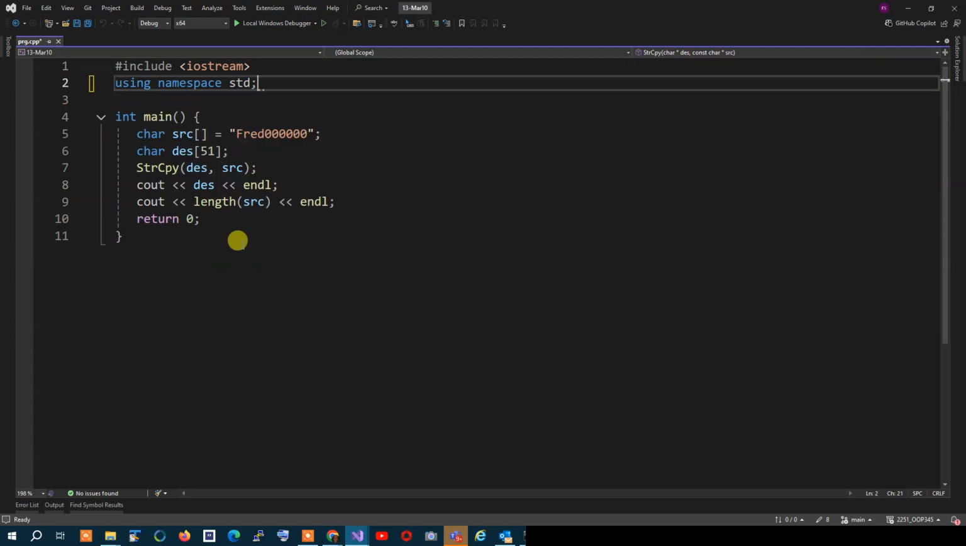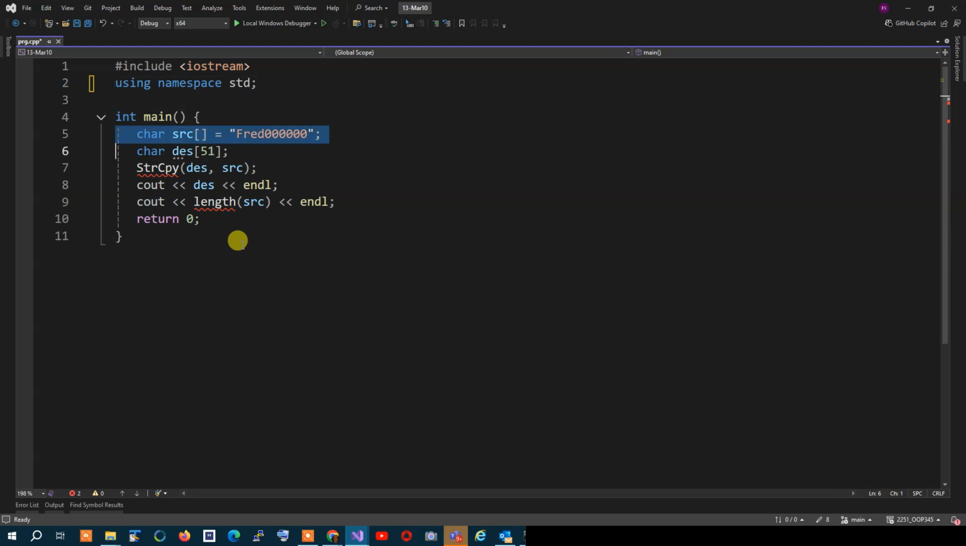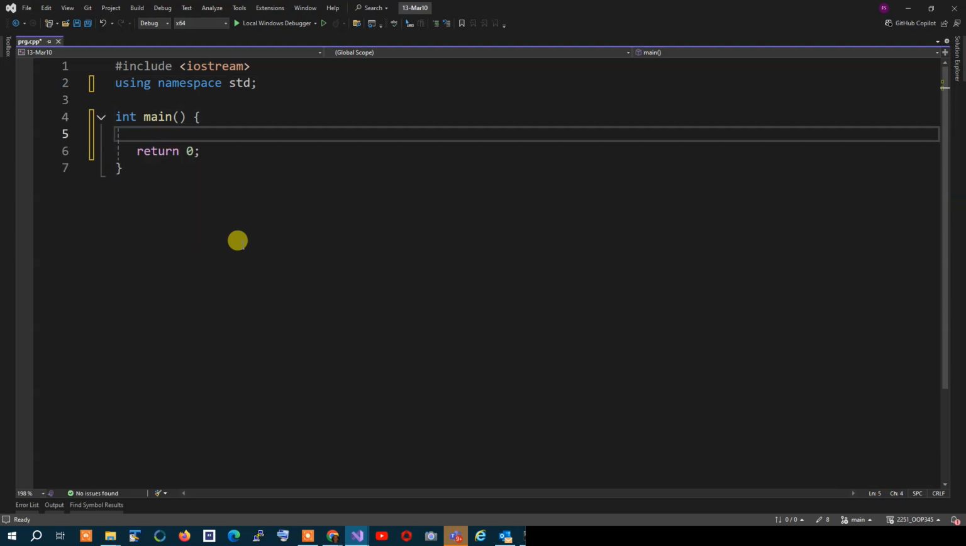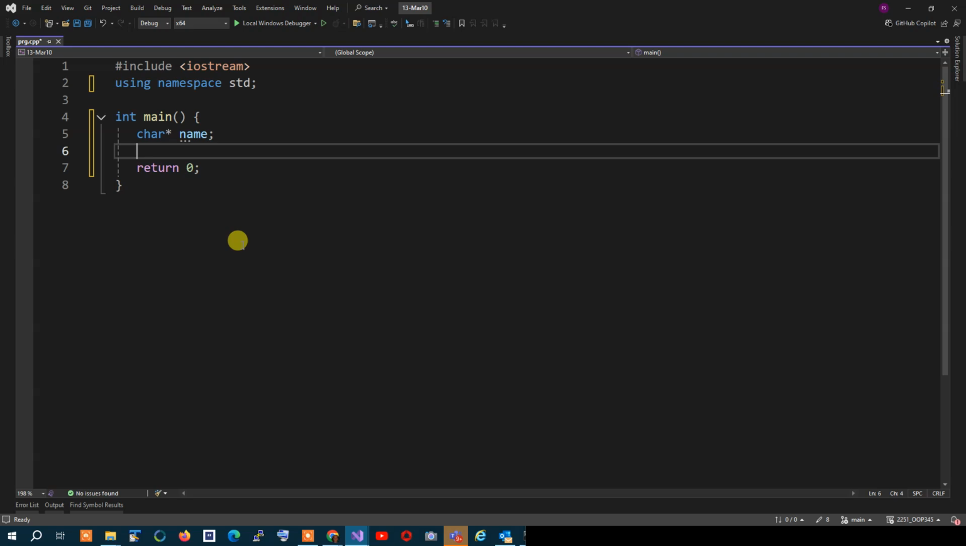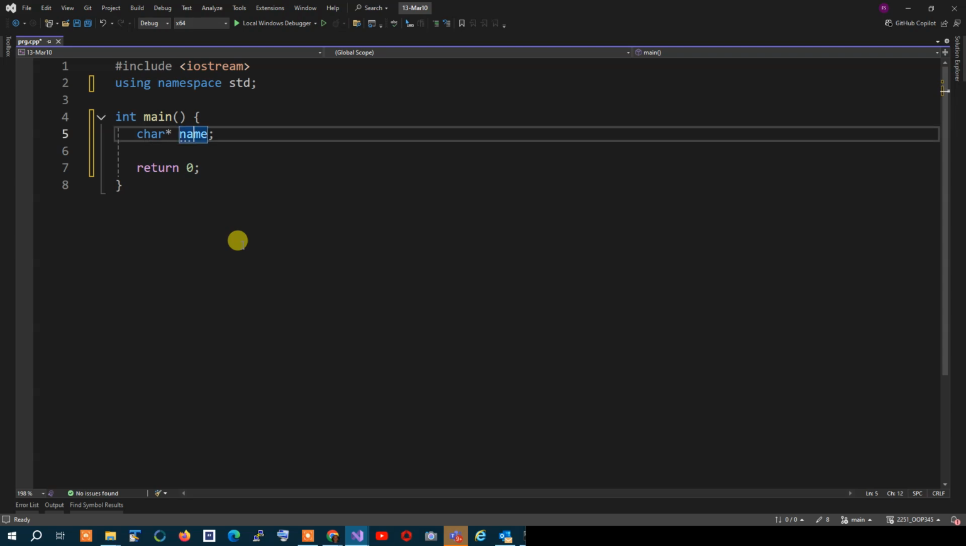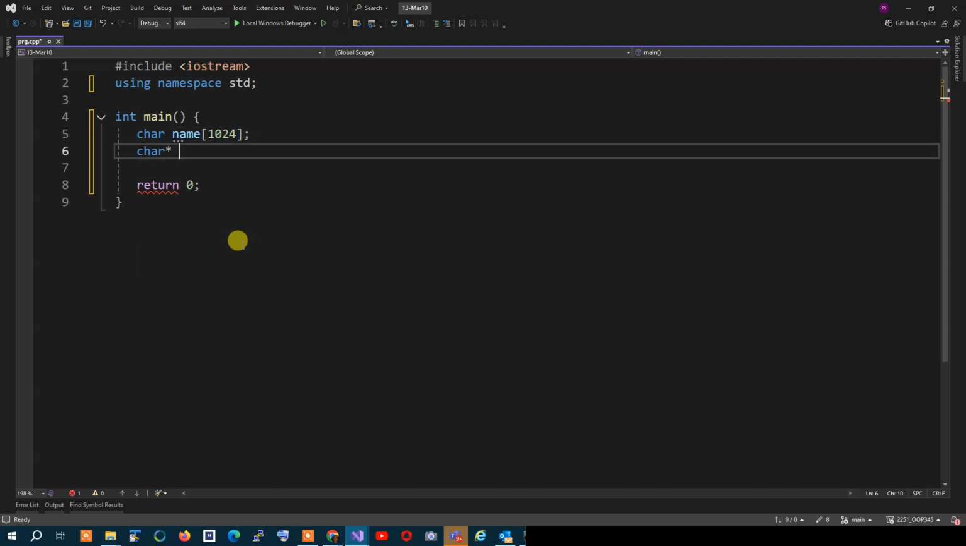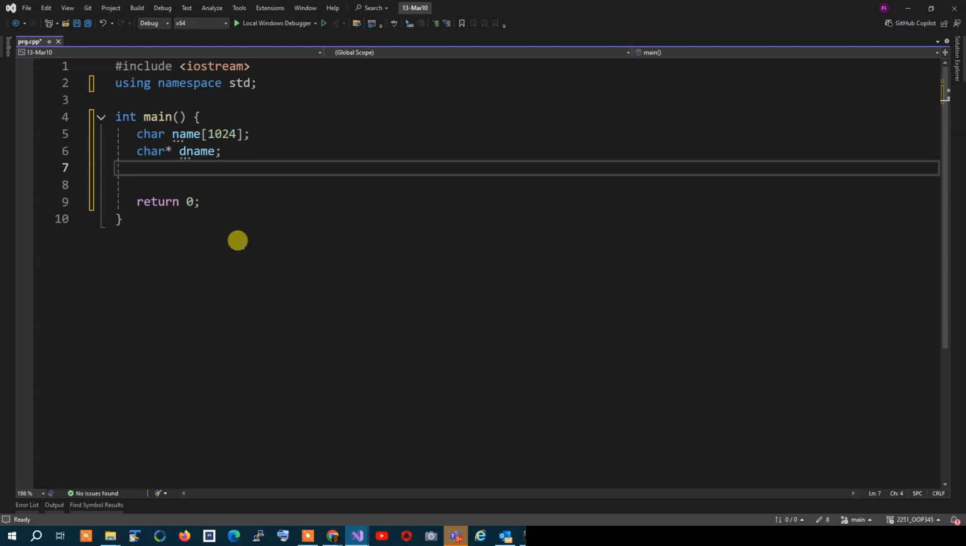Take a look at this. I'm going to write a very simple code that explains everything. So I have over here a character pointer name, and I have a character pointer dynamic name. So what I would do over here, for whatever reason that I'm writing this function,